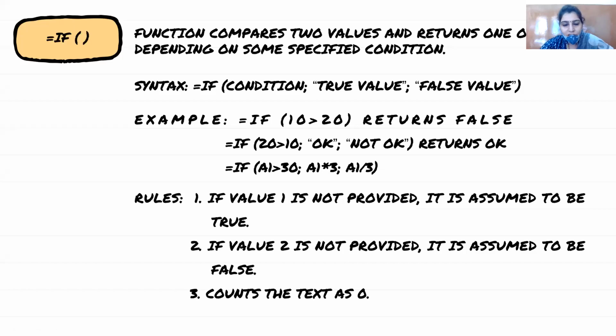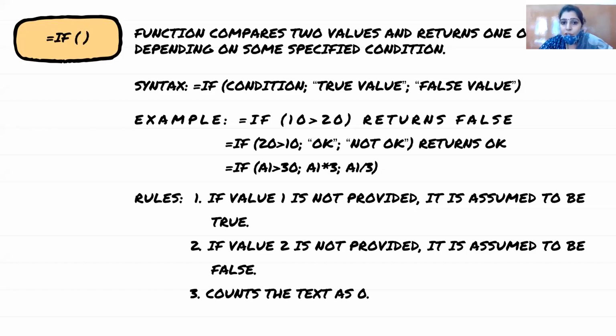I have not mentioned the true value or the false value. So according to the condition given, it is the false case because 10 is smaller than 20, it is not greater than 20, so it will return false. The Boolean false will be written. It will give the output as false. Clear? This thing is clear, bache, to everyone?